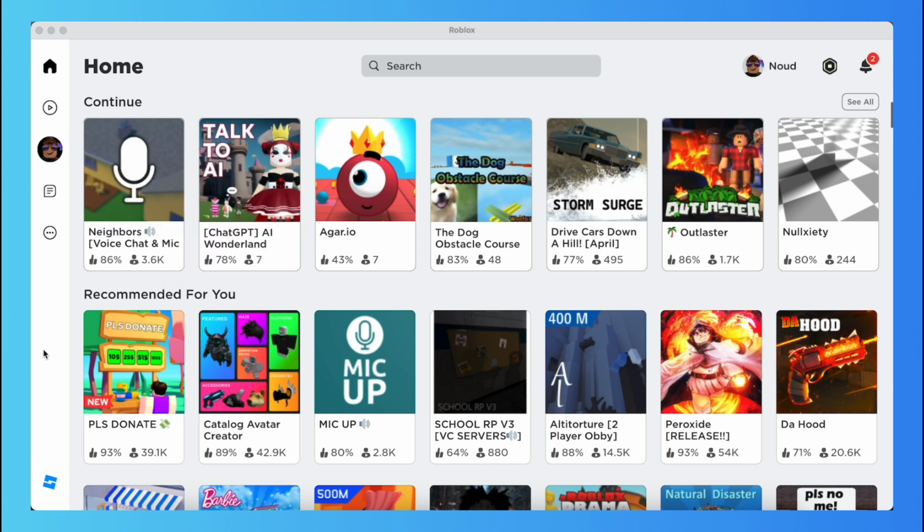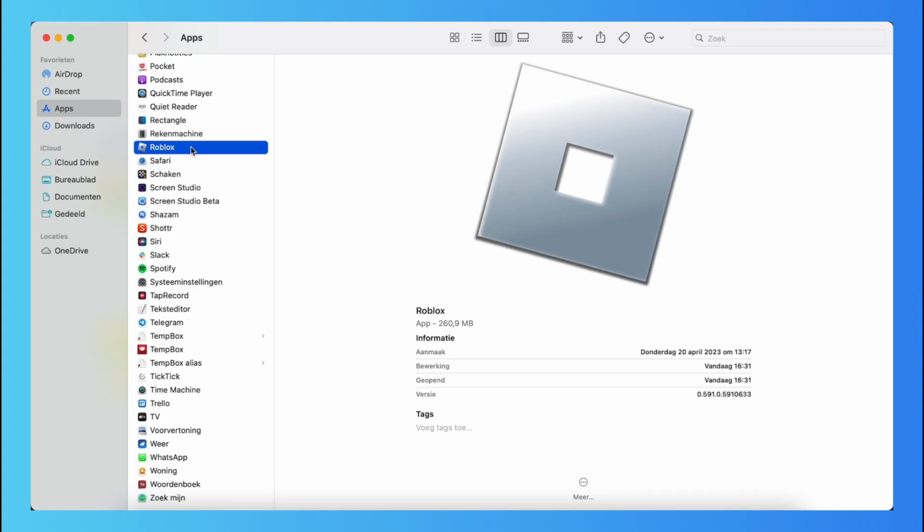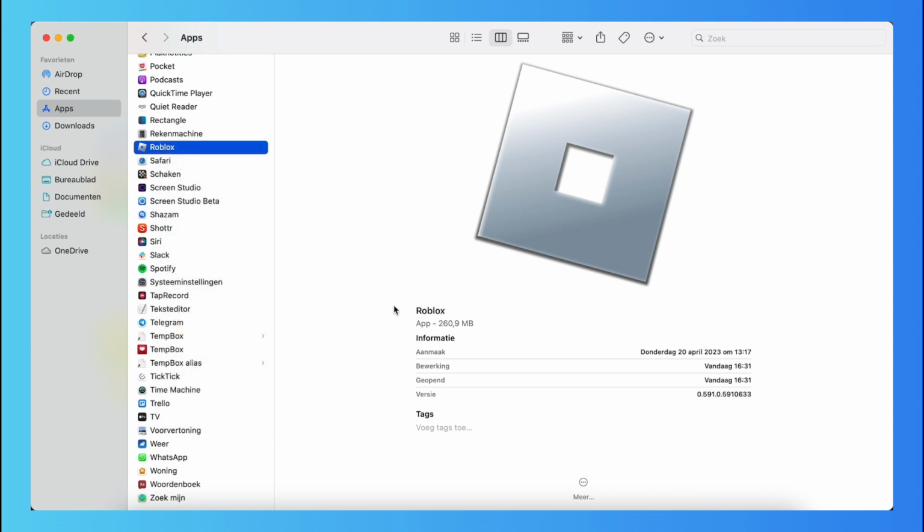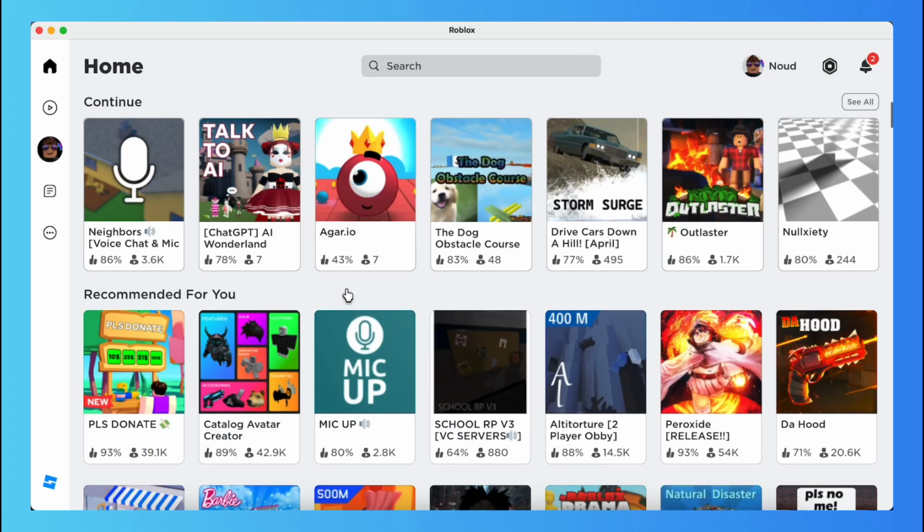your PC settings or your Mac settings or phone settings, and just uninstall and remove the game, remove Roblox. So just go to Roblox and tap on remove or move to bin. It's important that you know your passwords, otherwise you can't log in again. So know your passwords and just remove the game, install it again, check your Wi-Fi, check if there are other